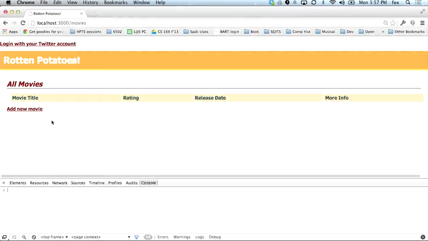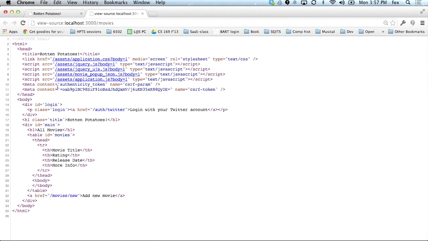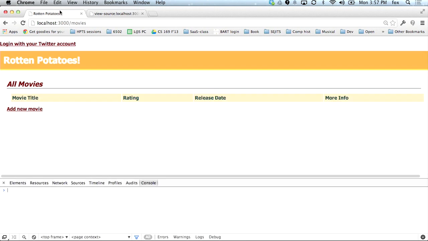Here is the famous Rotten Potatoes homepage. I'm in Chrome, and I've opened up the JavaScript developer console on the bottom. And in case you've forgotten what this page looks like, let's see, we've got an h1 element, we've got a div whose ID is main. Let's see what we can do with some of these things. So what is the value of, if I just call this with an element type? Well, there's 2 of these. So what if we